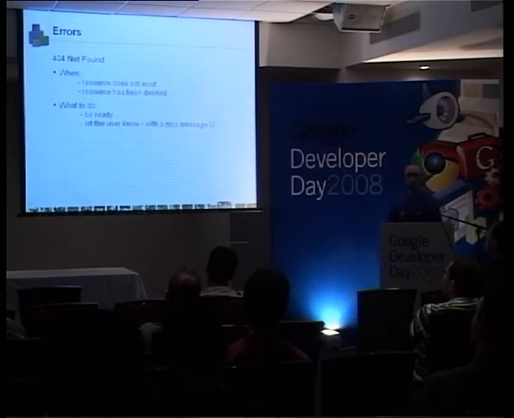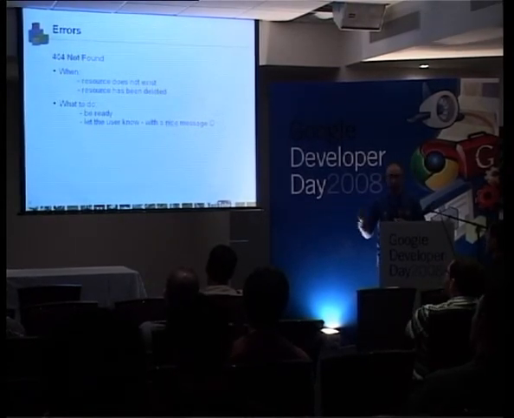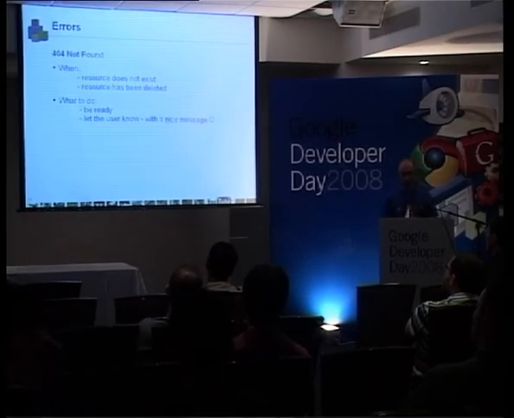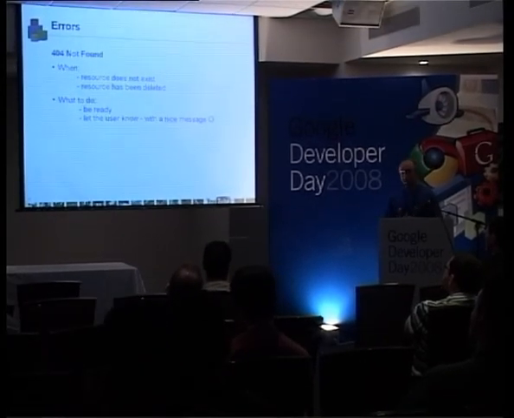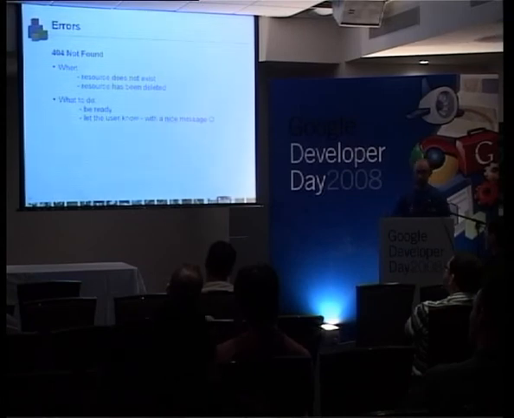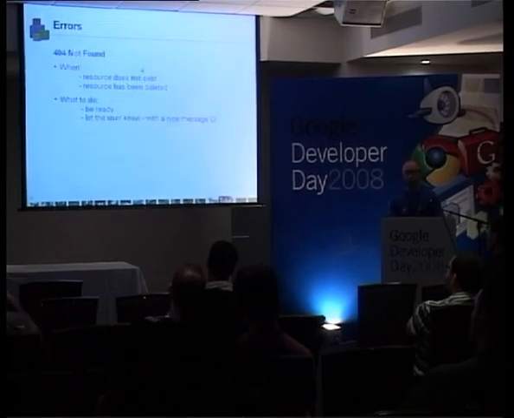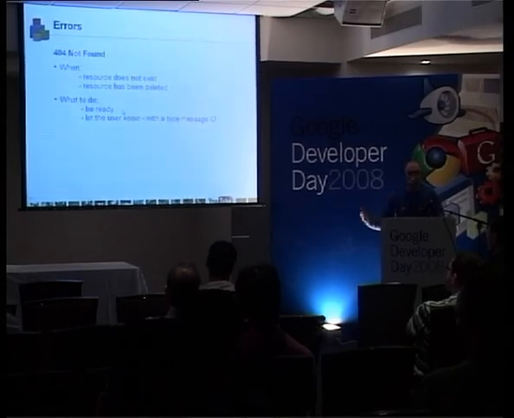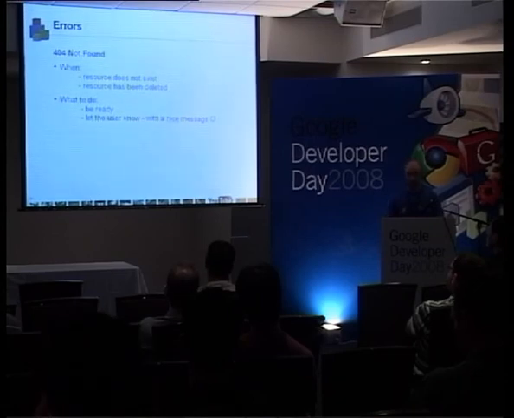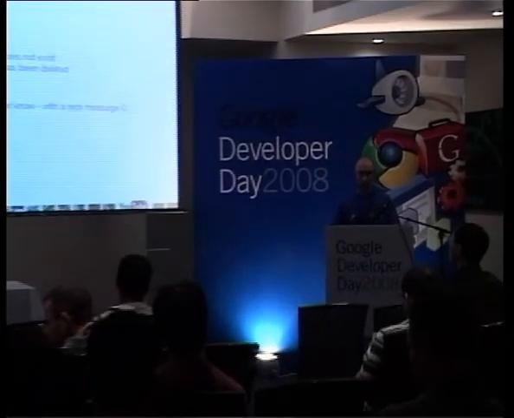Now, another tip is obviously when you go and query the data, please check for errors. I'm going to provide a few kinds of errors here, but there are some more that you would have to check. So 404 looks pretty much like the HTTP errors. 404 is obviously like the resource doesn't exist or has been deleted. And that can happen. Someone can upload a video and then delete it afterwards. What to do? Well, just be ready for this. Make sure that the video is actually available, and then let the user know. Try to have a nice message, something that explains more than a blank screen with an error written in big letters.